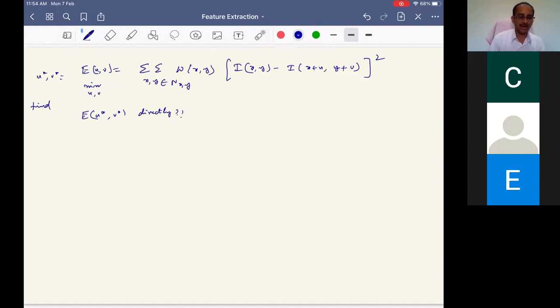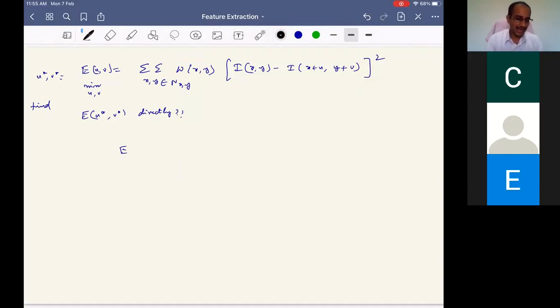Now, any suggestions on how we solve it? Let's give the idea and then move on. How do I proceed? One very good idea is required. One way is differentiate and then equate to 0 and so on, but they don't want to do that. The reason being, Harris in fact wanted to see, can we write this in some sense